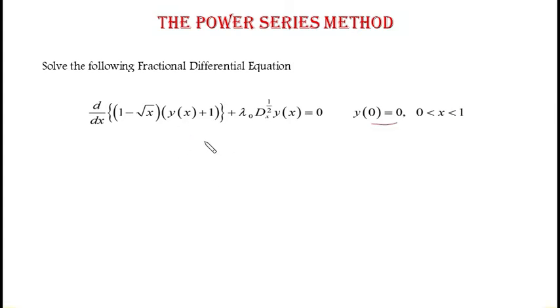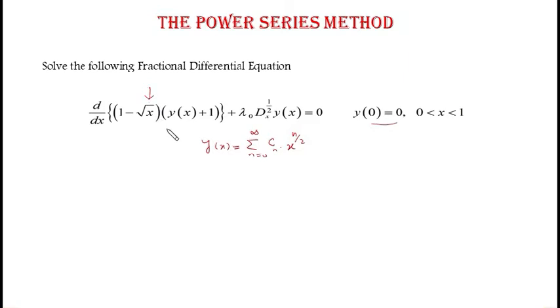For this method, we need to suppose our unknown function y of x in the form of an infinite series. So let's suppose that y of x can be written as the summation from n equals 0 to infinity of some constant cn times x to the power n by 2. In this equation, instead of taking x to the power n, I am taking x to the power n by 2 because of this